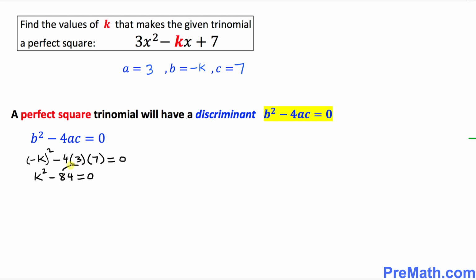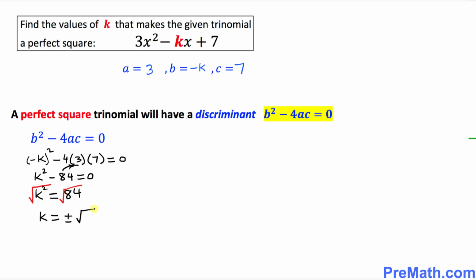Let's move this 84 to the other side, so k squared turns out to be positive 84. Now let's remove this square of k. We're going to take the square root on both sides, so k turns out to be positive or negative